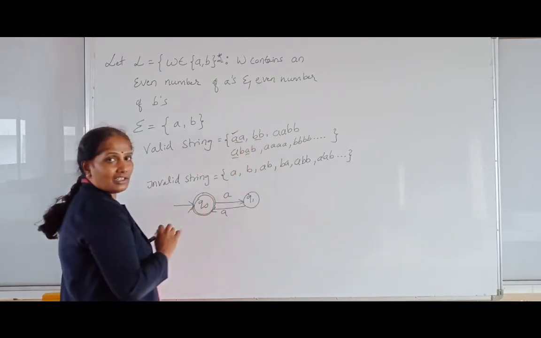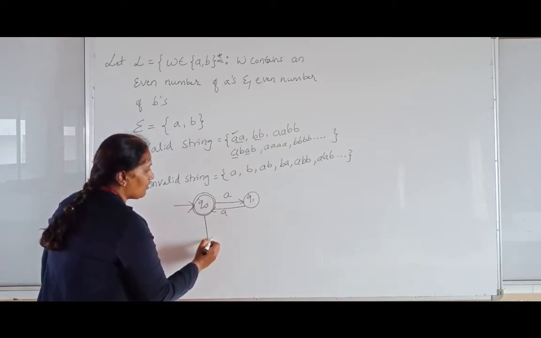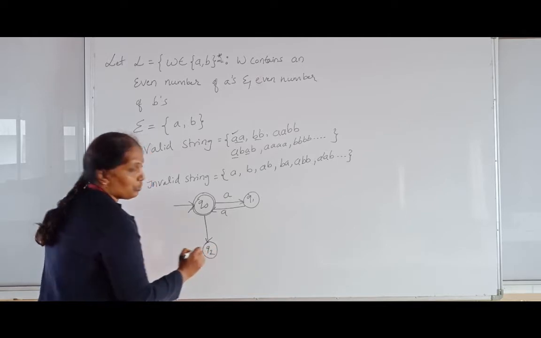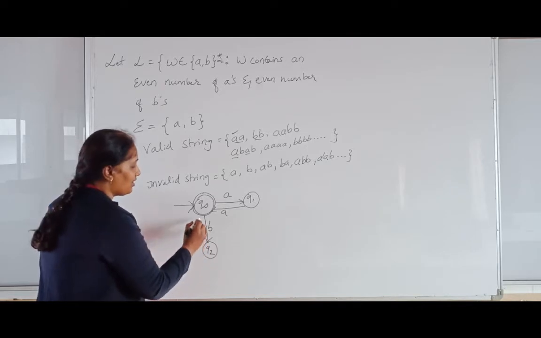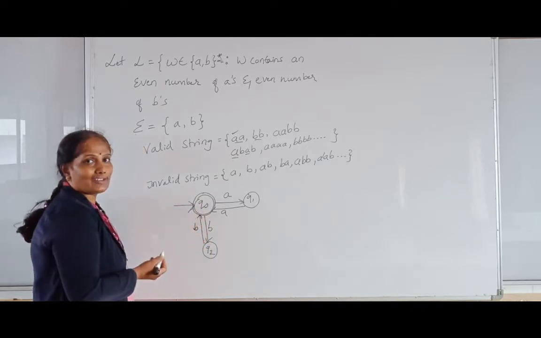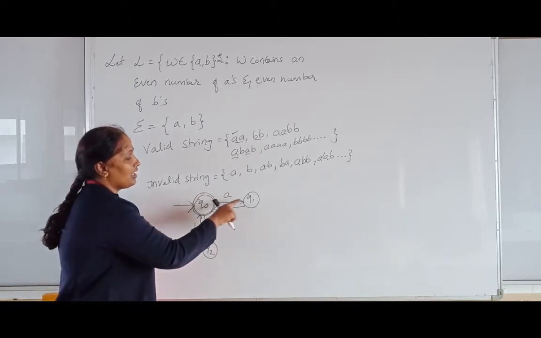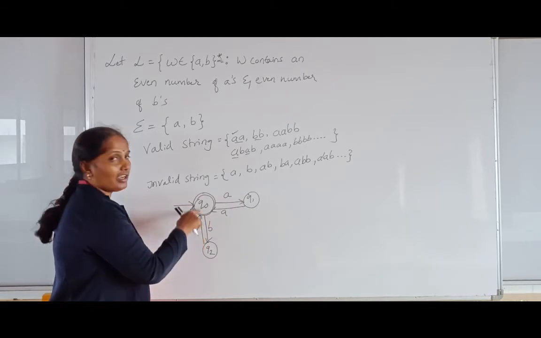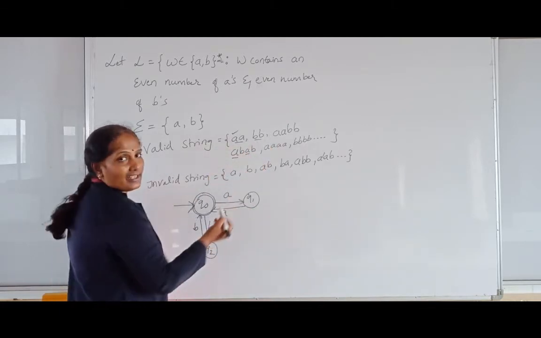Check out the second string, BB. So B's transition from the Q0 state, I will show to one more state. I will name this the Q2 state. So 1B, it will move to the Q2 state. Next, for the second B, it will move back to the Q0 state. So now the DFSM is accepting what? Even numbers of A's and even numbers of B's. So here AA is accepted, BB is accepted.